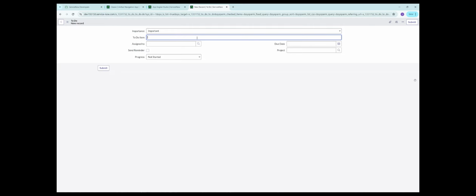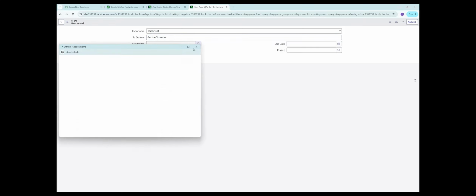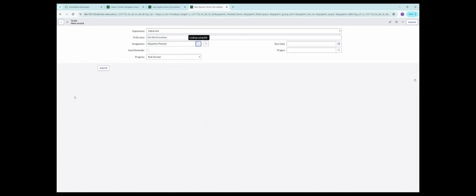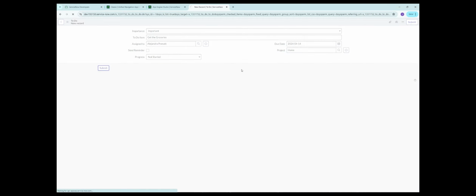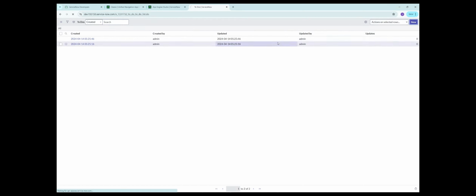To do item would be get the grocery, assigned to would be some random user, progress would be not started, due date would be today, and project would be home. Click on submit, click on new,